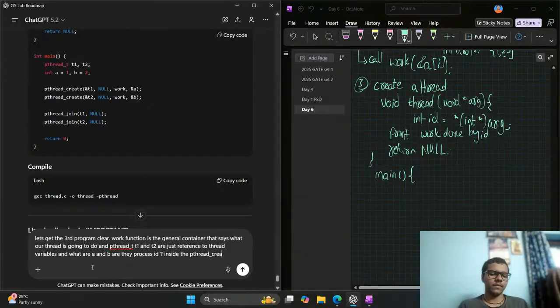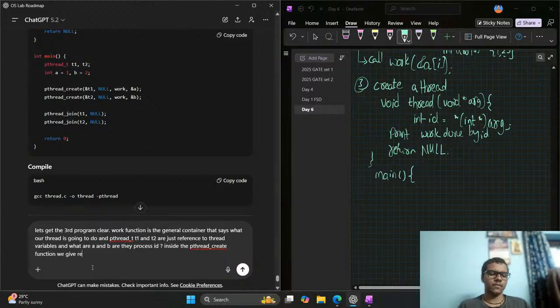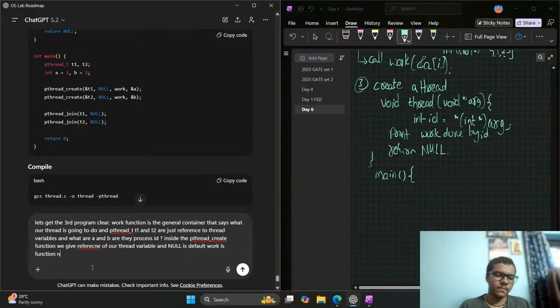Inside the pthread create function, we give a reference our thread variable, null is default, work is function, and a is reference to